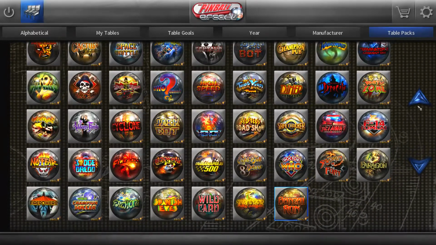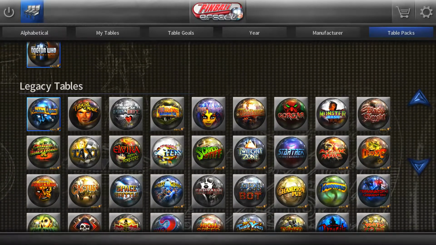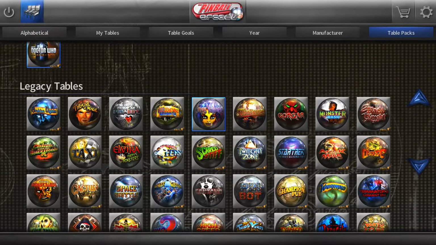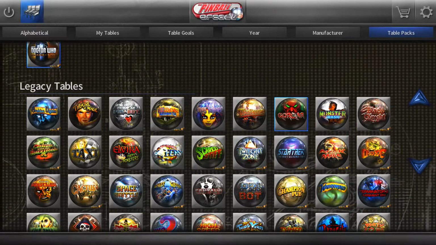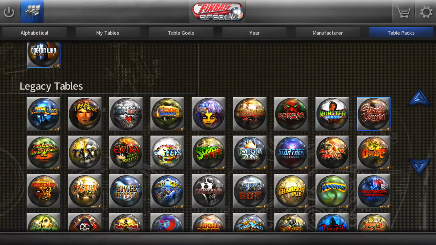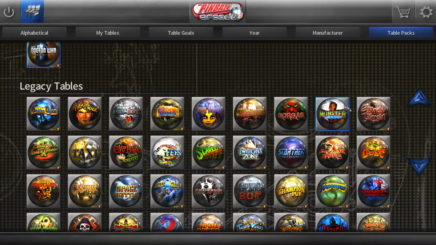Yeah, it's about 80 tables. So we've got Arabian Nights Classic, Fit of Magic Classic, Bride of Pinbot Classic, Medieval Mad Classic, Circus Volatile Classic, Funhouse Classic, Gorgar. I think it's the first Pinball Arcade game with speech. Monster Bash Classic, Black Knight Classic, all those superseded by Black Knight 2000, which was a better